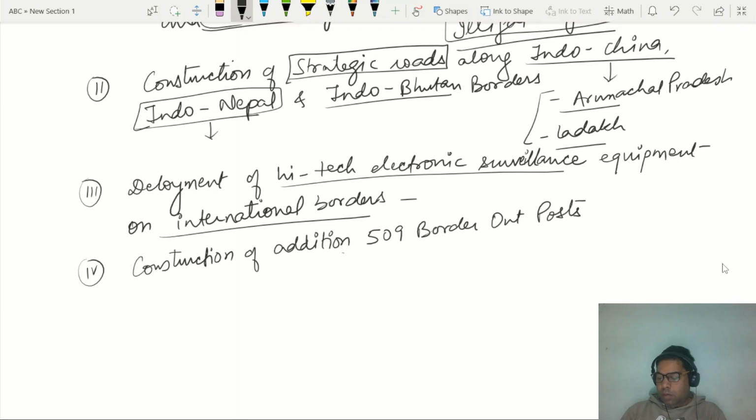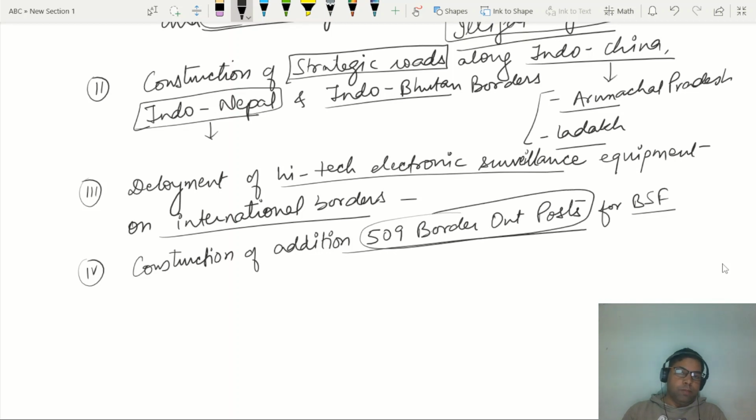So more posts are about to be constructed at the border areas. These 509 are for the BSF. And out of these border outposts,